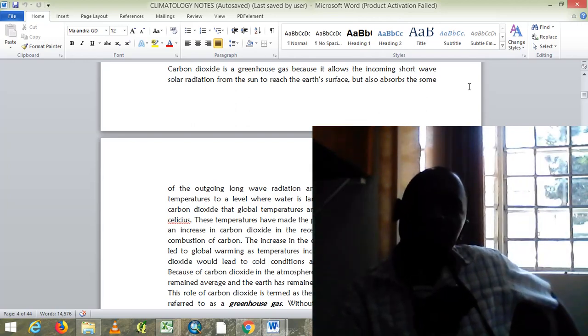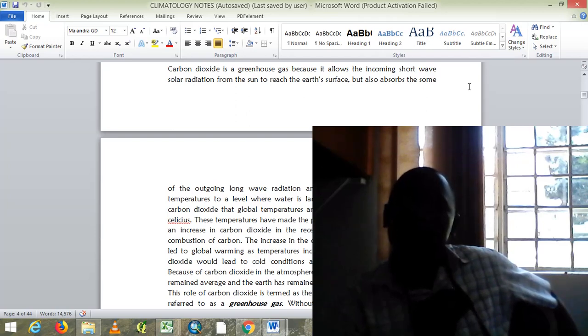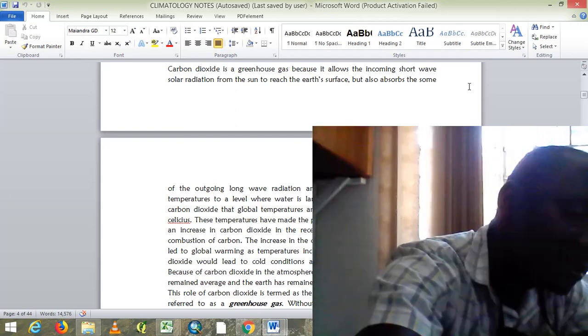So outside countries, those ones where there is glaciation, is it because they reduced on carbon dioxide? No. For the outside countries where it is happening, it is just a natural phenomenon. And we are going to study it here in climatology, because they are very far away from the sun. That's why they experience that. Even here in East Africa, where we are astride the equator, we know very well that we have snow-capped peaks, the Rwenzori and Kilimanjaro. But that's also a natural phenomenon, because we already say that the higher you go,